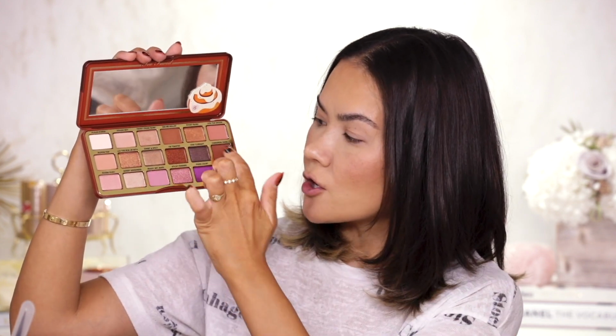Again, very fall appropriate, has a pop of color or a couple pops. I've seen this palette before. I've even seen it before from Too Faced, but this is what they do every year, and this was really good quality. The eyeshadows were very rich. I especially like the darker mattes, performed very well. I can't really complain. And now, onto my least favorite palette of the bunch, which is actually in my fails